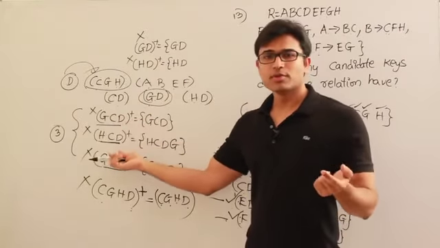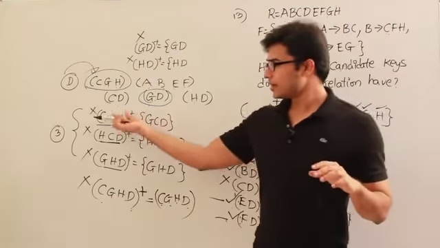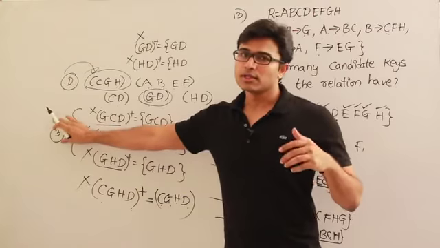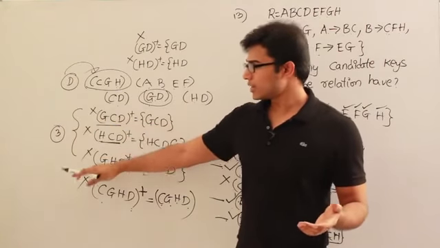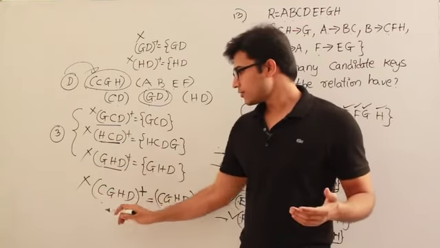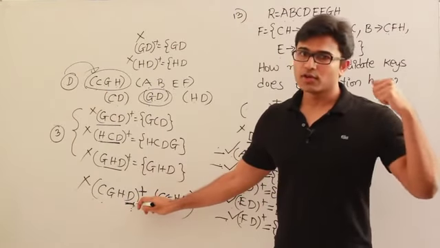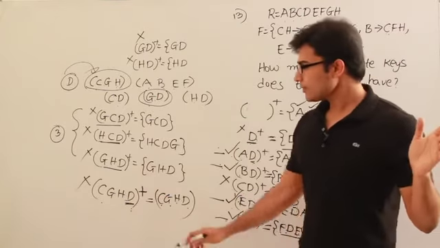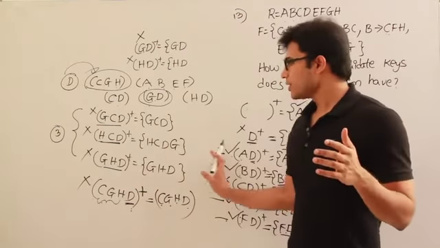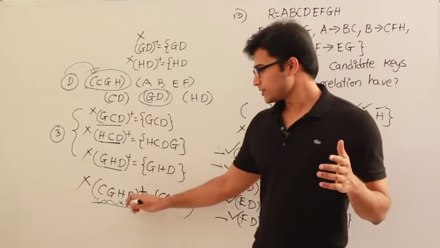While adding one more attribute, you should be sure that you are not going to add any of these, because if you add them, it is going to make them a super key. Got it? And I found out that these 3 are also not going to be the candidate keys. Then I went to the next level, which means 4 attributes. But when you are taking these 4 attributes, there is only one possibility left, because D has to be definitely included. Without D, it is never going to be a candidate key. Therefore many of the attributes are already dropped, right? And then in the remaining, I am going to include CGH only, because if I include any other attribute, it is going to be a super key. Got it?